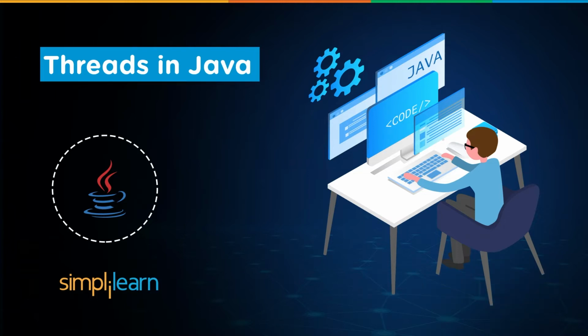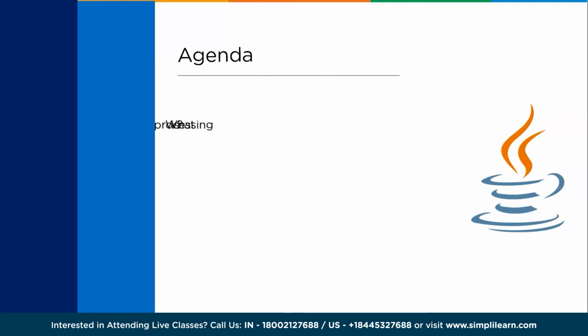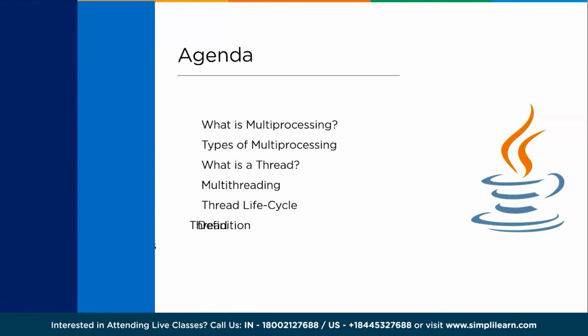Now, without further ado, let's get started with our agenda for today's session. So we will get started by understanding what exactly is multiprocessing. Then we will understand the different types of multiprocessing. Then we will get into the thread, where we will understand what exactly is a thread and how a thread works in Java programming. Then we will understand the multi-threading paradigms, then the thread lifecycle, and followed by that we